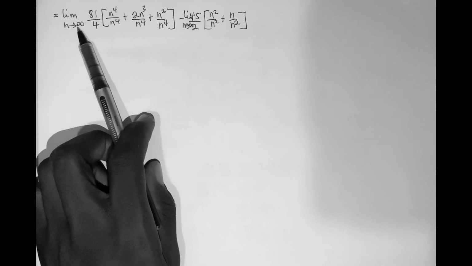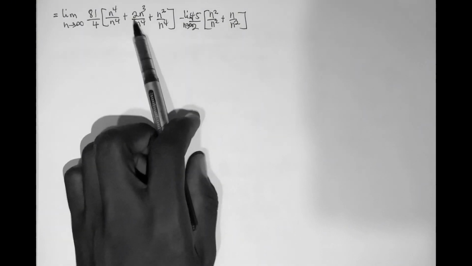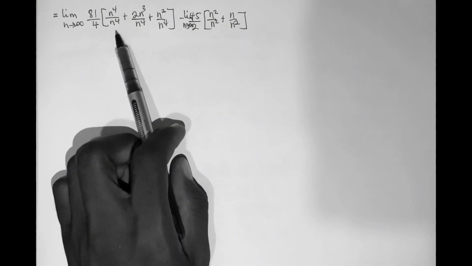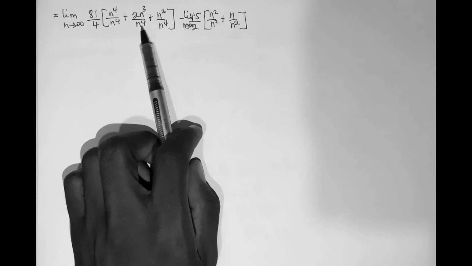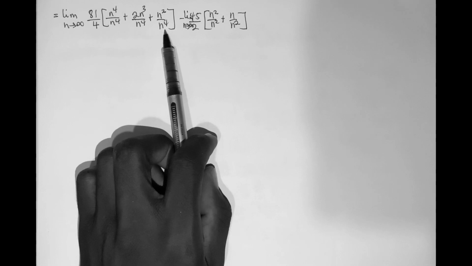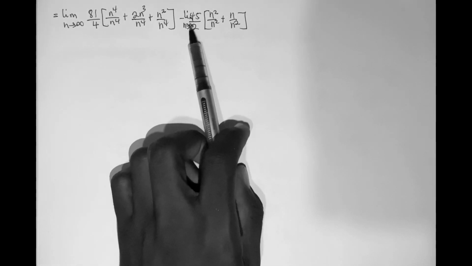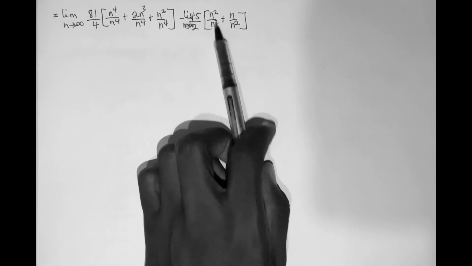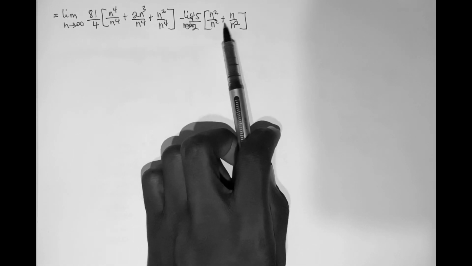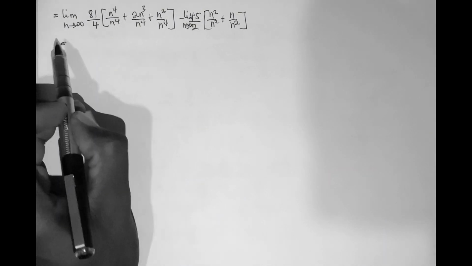So from the previous step, we reach the limit as n approaches infinity of 81 over 4 times n exponent 4 divided by n exponent 4 plus 2n cubed divided by n exponent 4 plus n squared divided by n exponent 4, minus the limit as n approaches infinity of 45 over 2 times n exponent 2 divided by n exponent 2 plus n divided by n exponent 2. So this is equal to